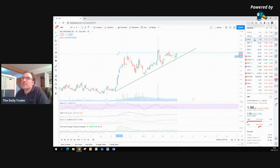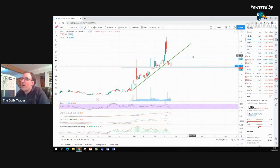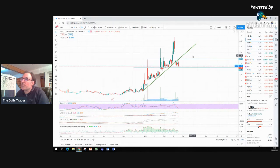Second stock is Aikido Pharma. This is a stock that I also heard about today. It was in a big trend line, then went very far away from the trend line, and then I don't know what happened to the stock. But when we are doing technical analysis, we don't really care about the fundamentals. We only look at what the chart is telling us, because the chart is telling us who is winning the fight between people that are buying the stock and people that are selling the stock. There's always this fight between these two groups of people, and the chart is showing us exactly who's winning